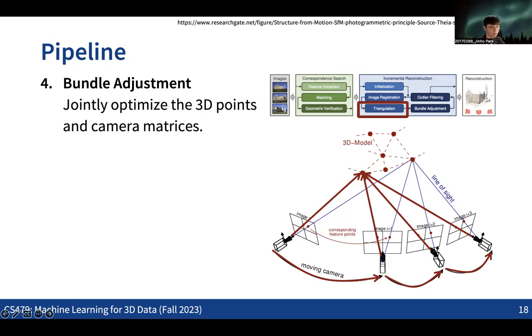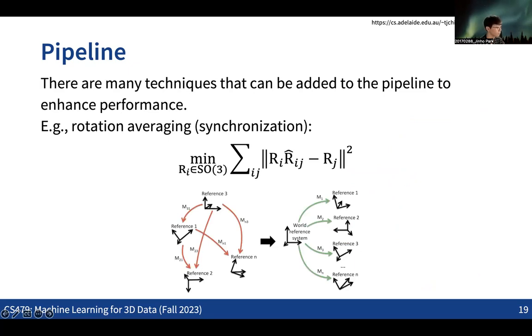Obviously, there are many other things that can be added into this pipeline. And also one interesting thing is that if we only optimize the relative camera poses, not with the 3D points, then we are getting all the relative camera poses for any pair of the images, right? When you set the camera as kind of the world frame, we can get relative camera poses for any pairs of the images, all this relative camera pose information.